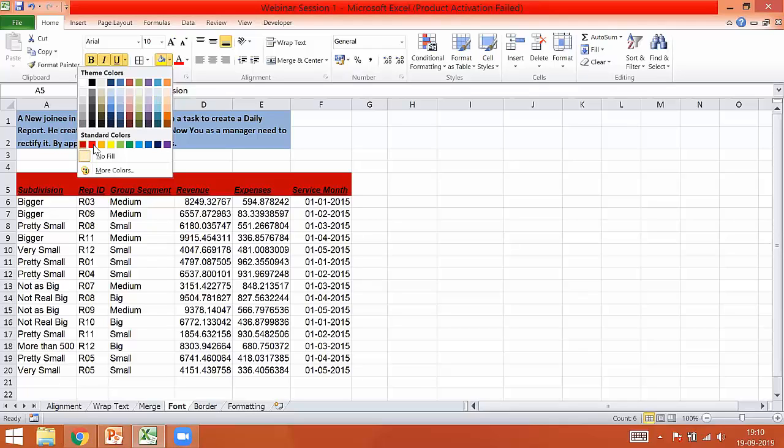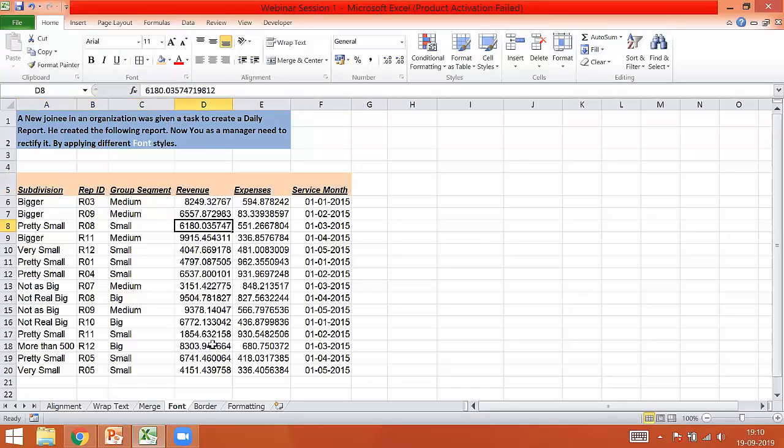These are the standard colors, that is your red, blue, green, different options under greens. And then you have no fill, wherein if you have filled the cells with some color, you can use this option and put it as no fill. Okay, we'll just quickly fill it with, say, this color.